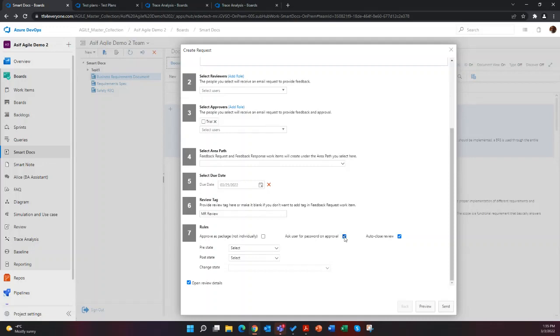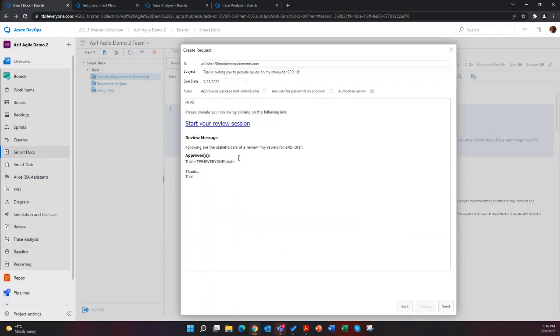We have many clients in various industries where it is very important to get e-signatures, because either the FDA requires it or some other SOP and standards that they follow require a much more regimented approval process. So we support e-signature as well. And you can do state transition on approval of the requirements of the document.